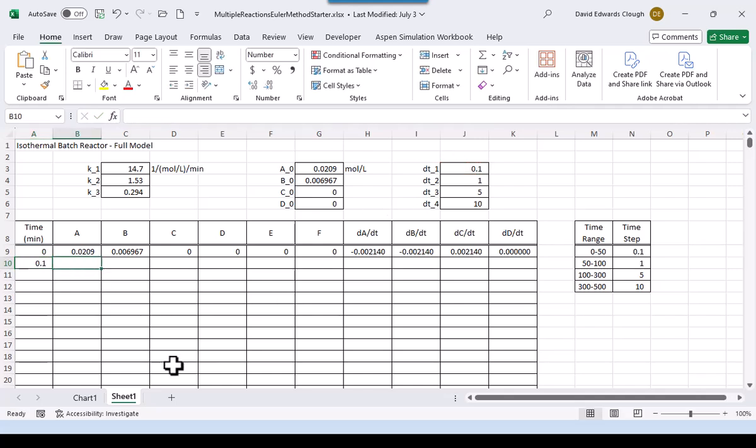And then we're going to use our Euler method, which says equals take the previous value plus the rate of change of A times, and what I'm going to do here is I'm going to just say times A10 minus A9. The reason I'm doing that is because that interval is going to change on us as we move through the